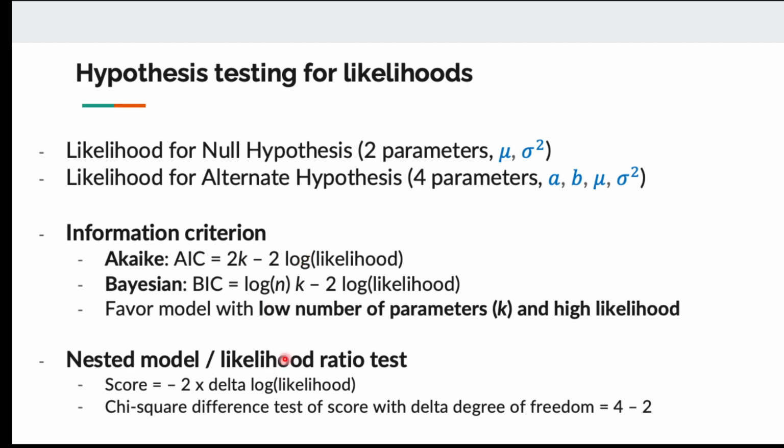But when you perform likelihood ratio test, you calculate the difference in likelihood, and then you do chi-square test with the difference in number of parameters. So it's the same concept, but formulated in a different way. And now you know, all these things that people use differently actually have the same principle. Okay, so that's